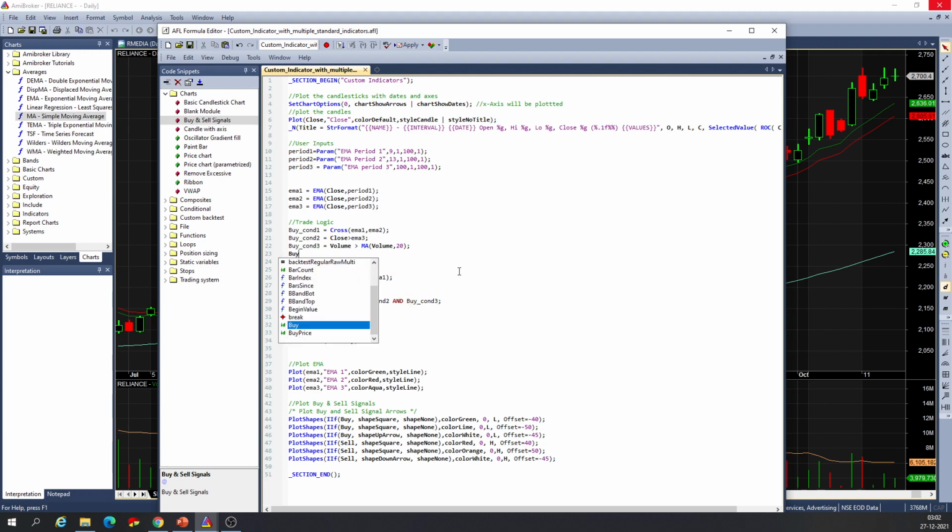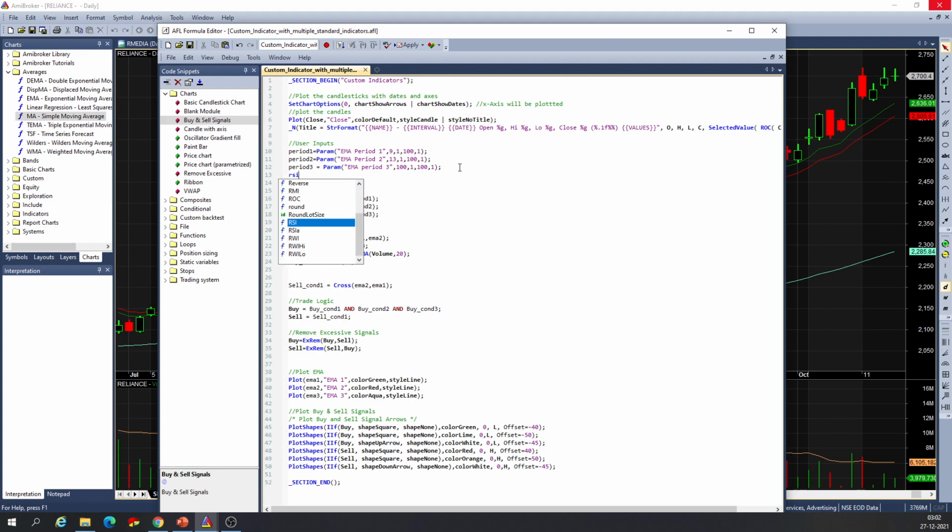For instance, we can have a buy condition 4, and we can use the RSI. So RSI, the range is 14, which is the default. Usually we all use 14 period RSI, but you can also put it in the param as a variable and get the input from user, like which period of RSI you want to use. Okay, so we can say that if RSI is above, so maybe we can put param here, RSI is overbought,